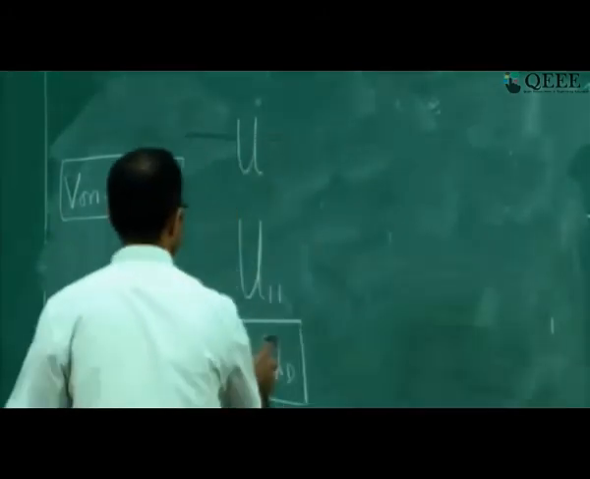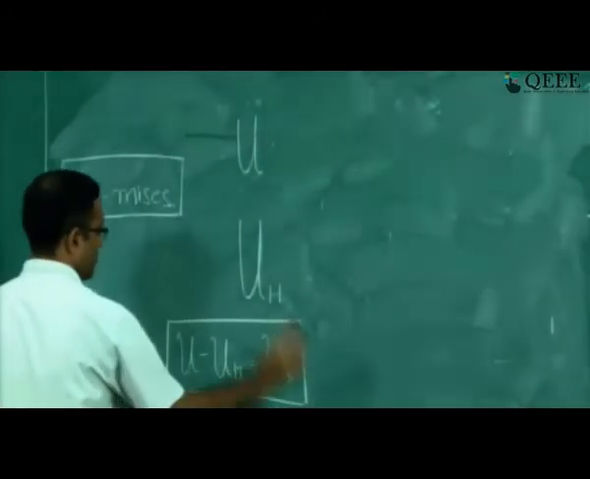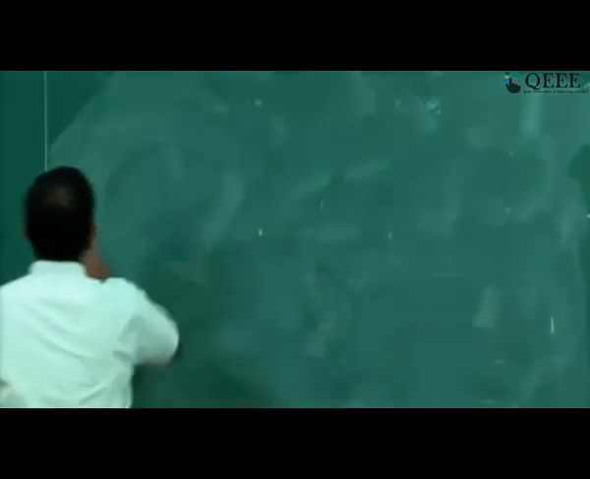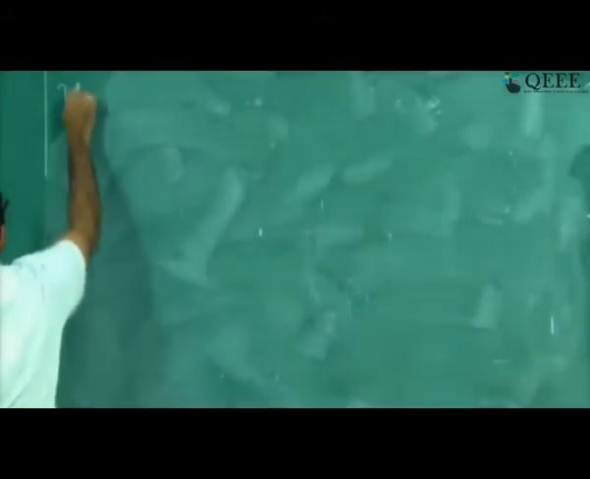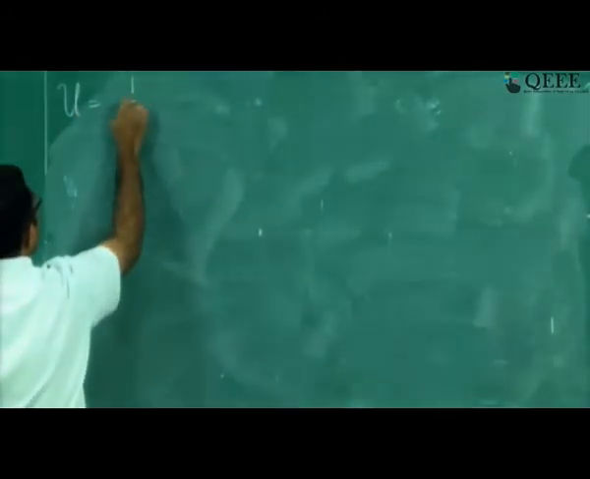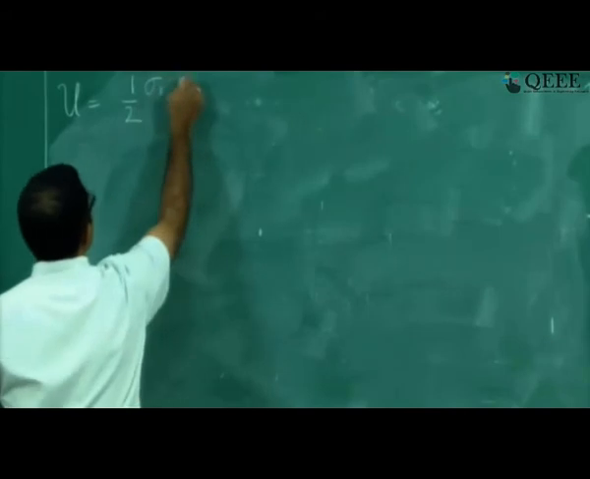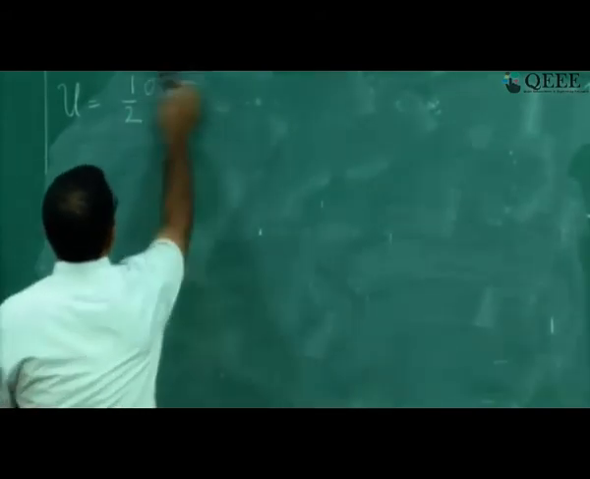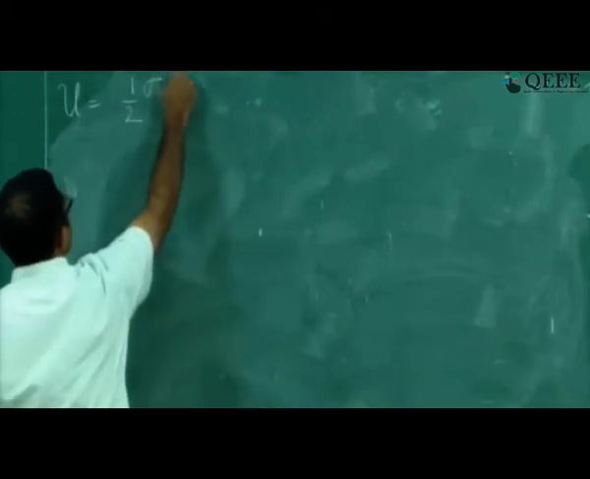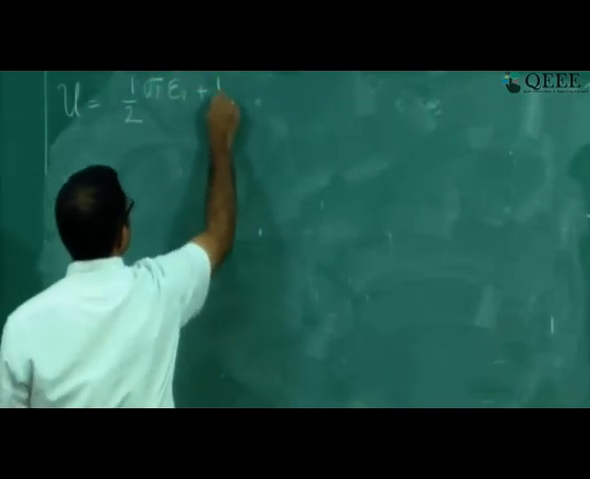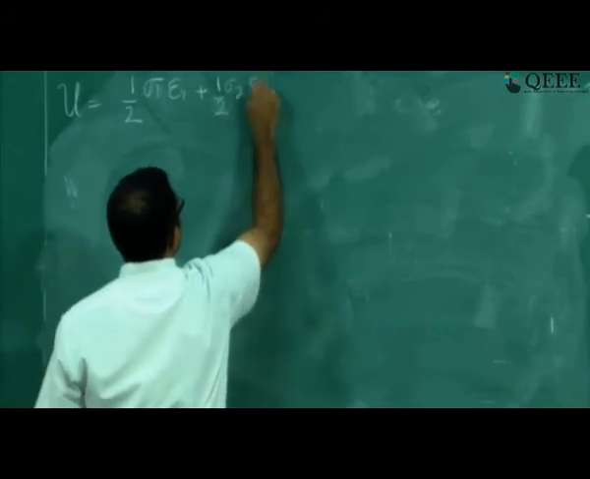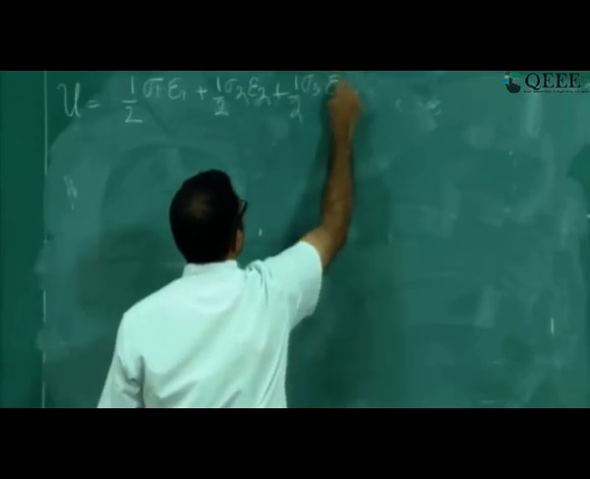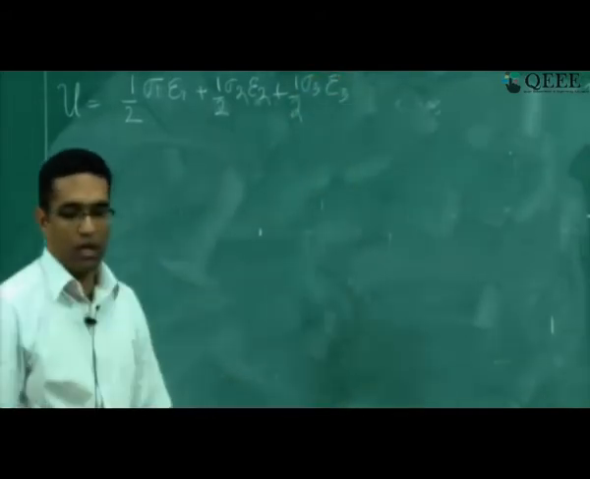So this is the exercise that we are going to do now. What is U? U is half sigma i epsilon i. So, sigma 1 epsilon 1 plus half sigma 2 epsilon 2 plus half sigma 3 epsilon 3. Remember that